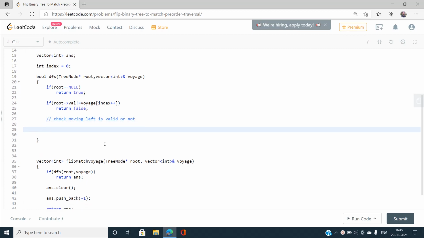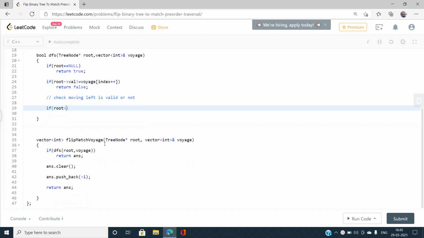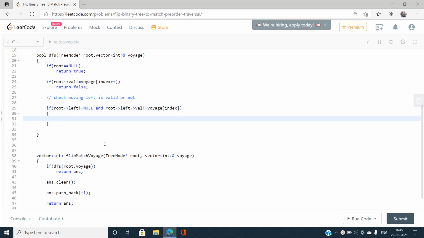So check if root's left is not equal to null, and root's left val is not equal to voyage of index. If it is not matching, then I need to flip my current node.